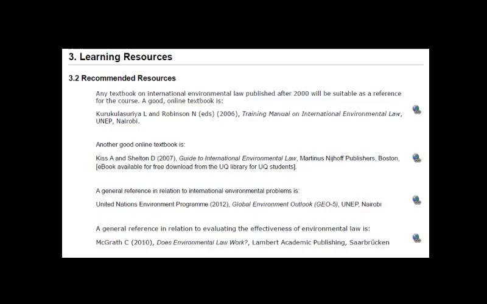You'll notice that the online textbook is from 2006, so it's a decade old, but for general principles, none of that's changed. So if you want to read about sovereignty or customary international law, you can go and look at that textbook. Those things haven't changed, and then update your knowledge with reference to current websites. Because even if you bought a textbook that was just published this year, it's basically going to be out of date in terms of climate negotiations and the like.